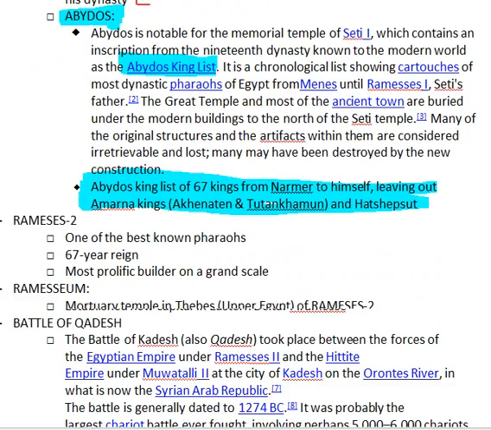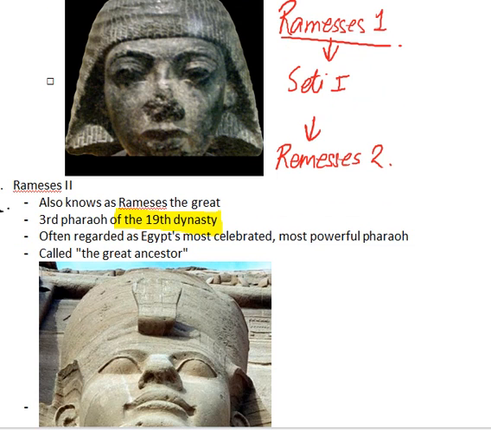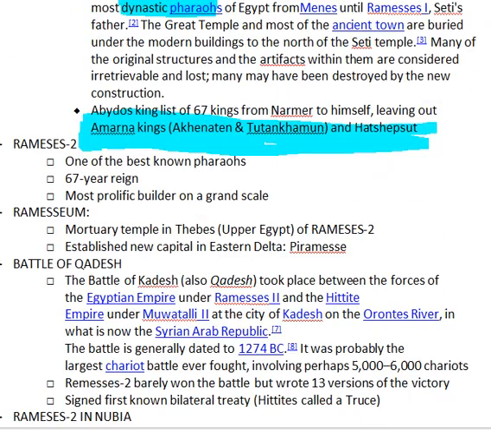So he's one of the best known pharaohs, and I'll go back to this note here. Often regarded as Egypt's most celebrated, most powerful pharaoh, called the Great Ancestor. I'll just write those down here. So he's called the Great Ancestor. One of the best known pharaohs, 67-year reign, most prolific builder on a grand scale, and he's often referred to as the Great